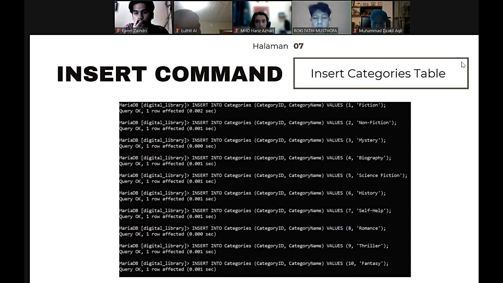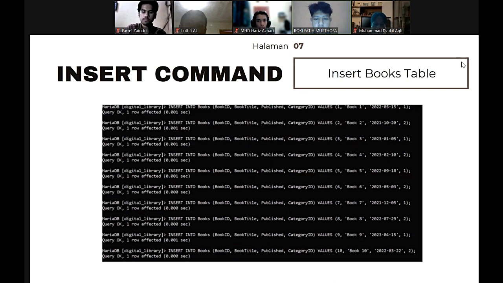And this command inserts data with category ID equal to 10 and category name Fantasy into the category table. Next, insert into the books table. The SQL commands above are insert commands used to insert data into the table based on predefined columns,